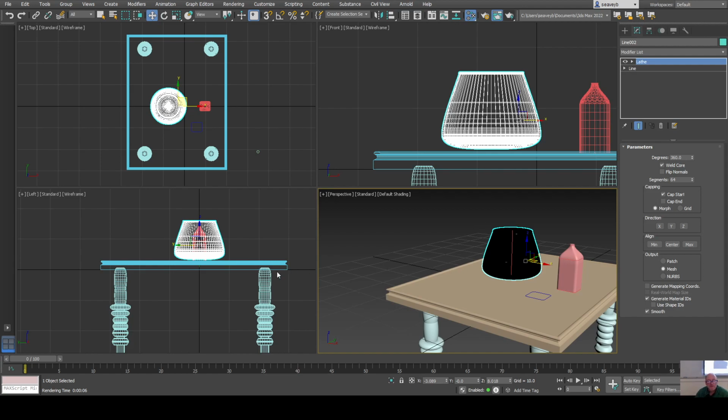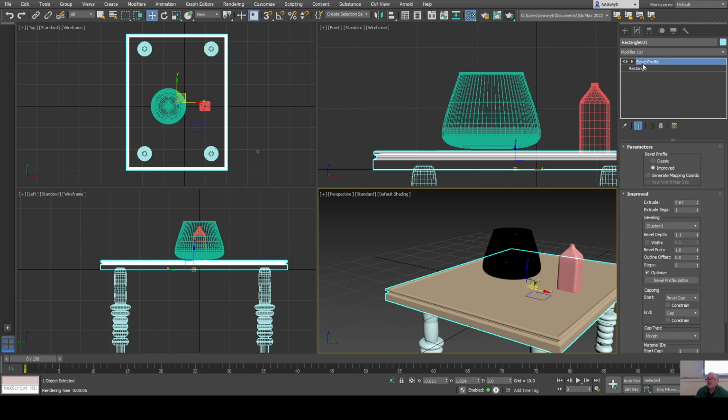I can't remember how I built this. Was that just a rectangle that I extruded or beveled with a bevel profile? Yeah, I think it was. So I might want to add, yeah, it's a bevel profile. I think it generates... oh, let's just try generate mapping coordinates. And that way, just by doing that,